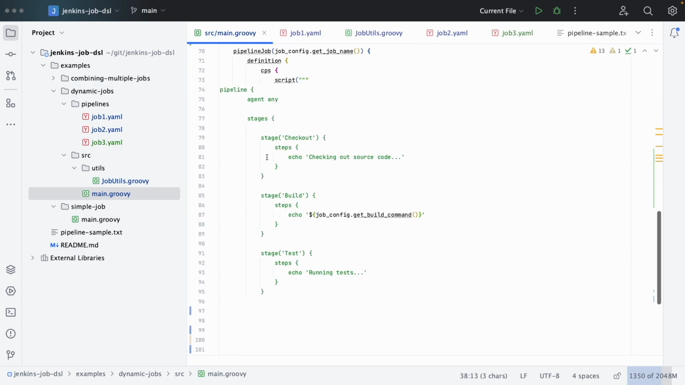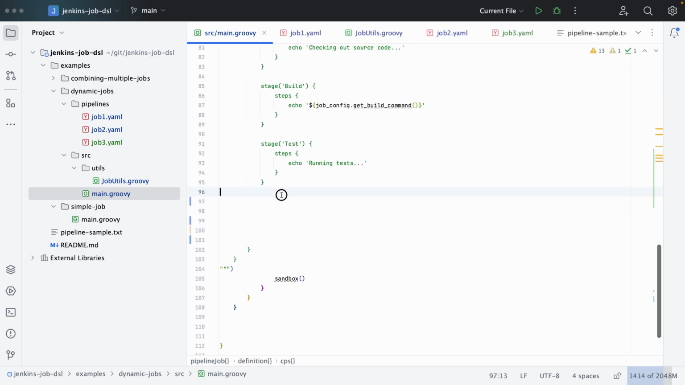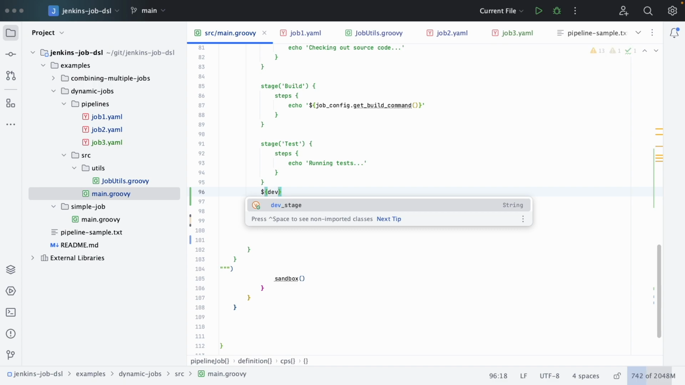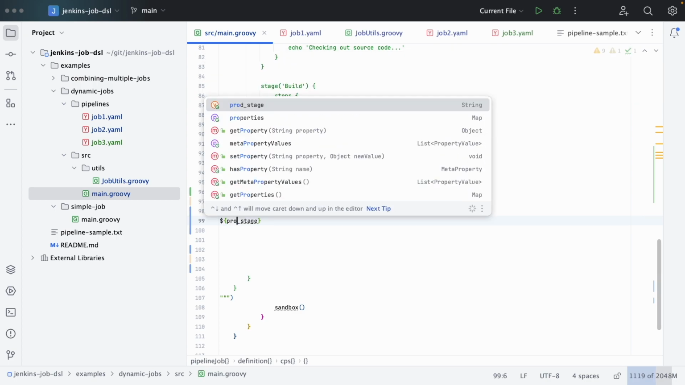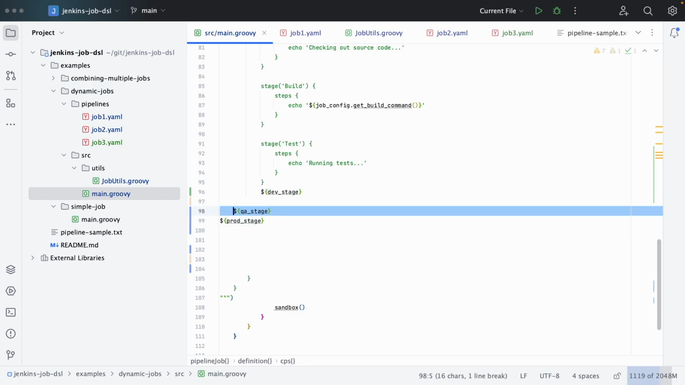And now in that template, what I'll have to do is I will just include these stages like this. So let's say my first stage is dev stage, right? Similarly for production and for QA also, I will just add these variables, QA stage, and this is for prod stage, right? Let's format it,